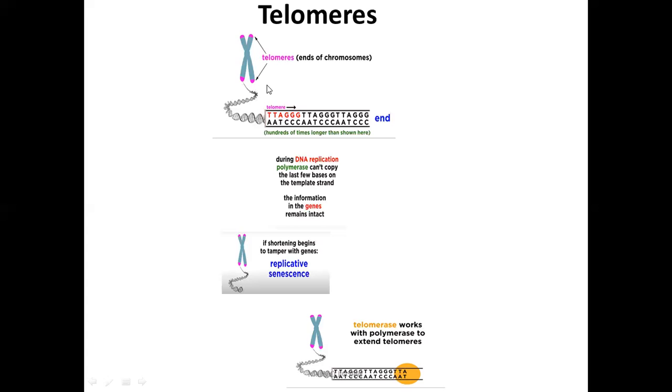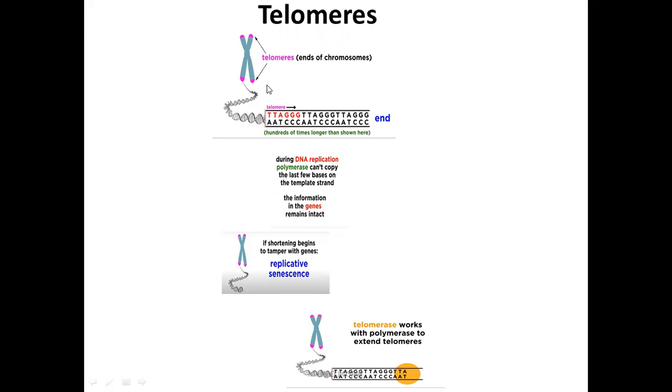The other thing is that progressive shortening also leads to programmed cell death, otherwise known as apoptosis. It will also lead to oncogenic transformation of somatic cells, which affects the health and the lifespan of an individual. So cancerous cells can come in. Oncogenic transformation means a cell is being transformed from its normal function into a cancerous cell.